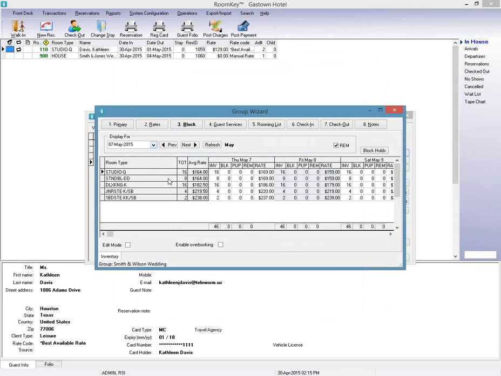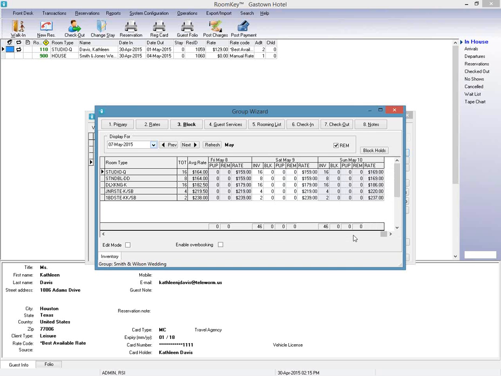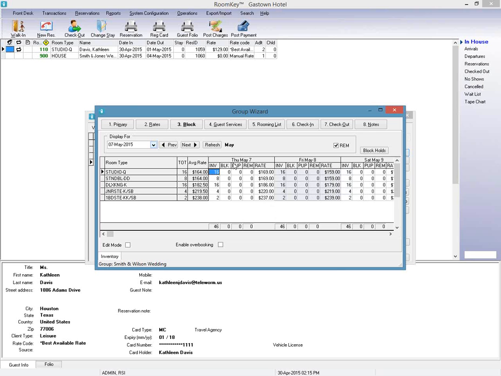Now this screen here is going to show all my 5 different room types. You'll also see my total inventory that I have available for all of my rooms and the average rate depending on the 4 days that I have shown on this screen here. You also see that each day for May 7th, 8th, 9th, and forward, I have a few different tabs which is going to show me my total inventory available for that specific day,